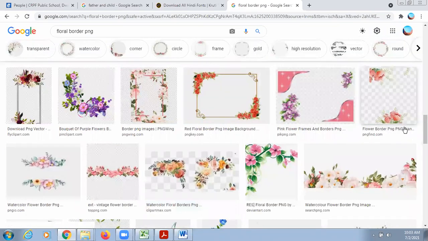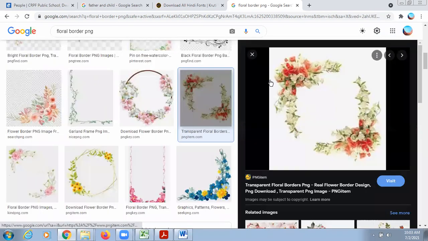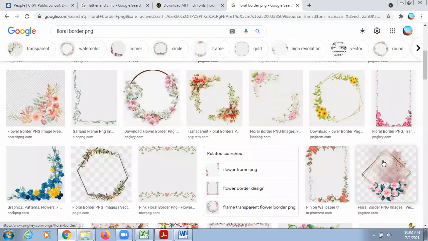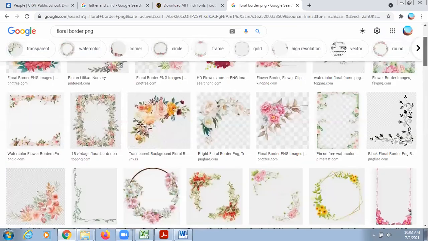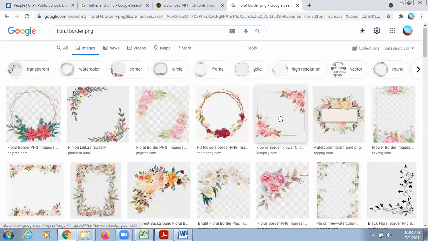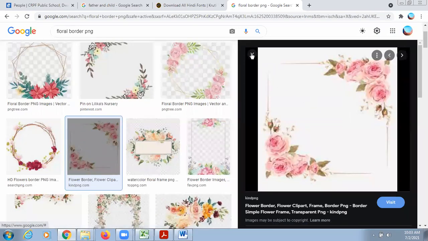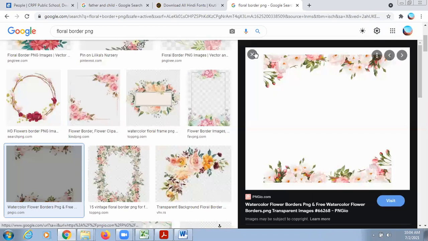No. No. No. No. Floral border PNG transparent.